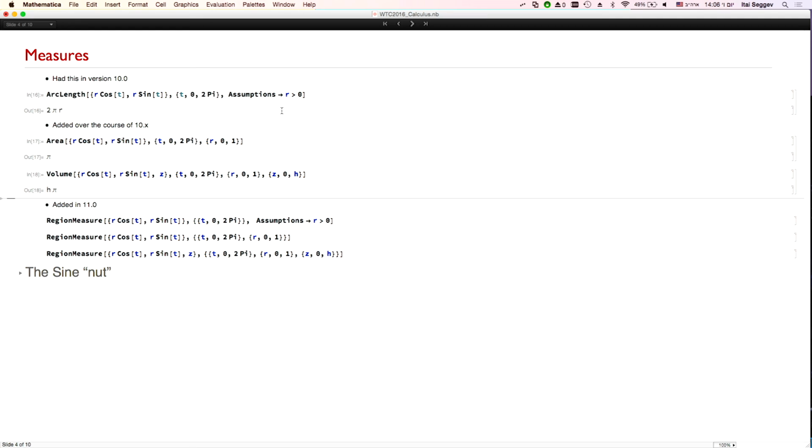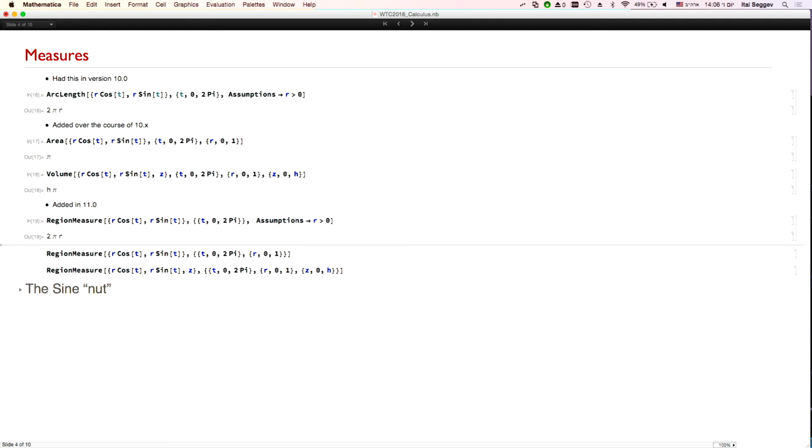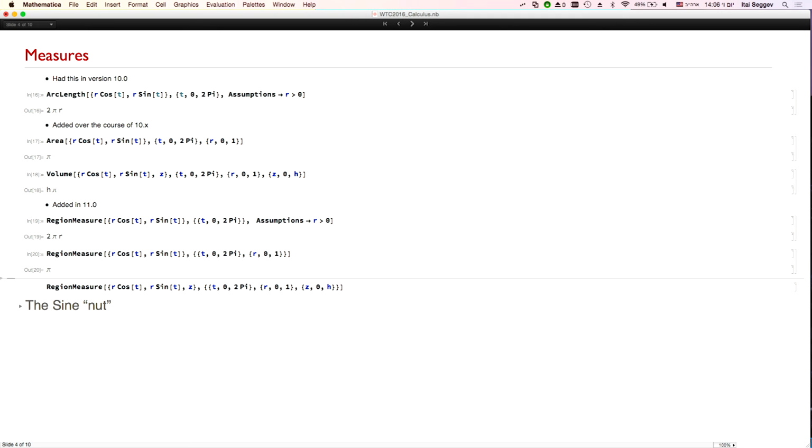Well, with version 11, we added this parametric form to region measure. Sometime recently, we added it. So now in any dimension, including higher than 3 dimensions, you can find the volume of a